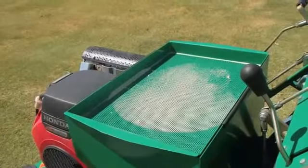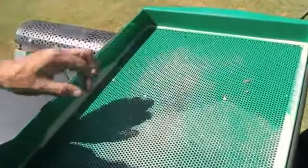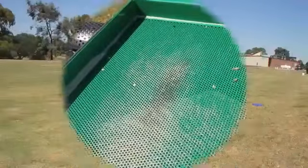Even though it's dry, filtered sand, as you can see, we still get debris and other things in there, so it is always a good idea